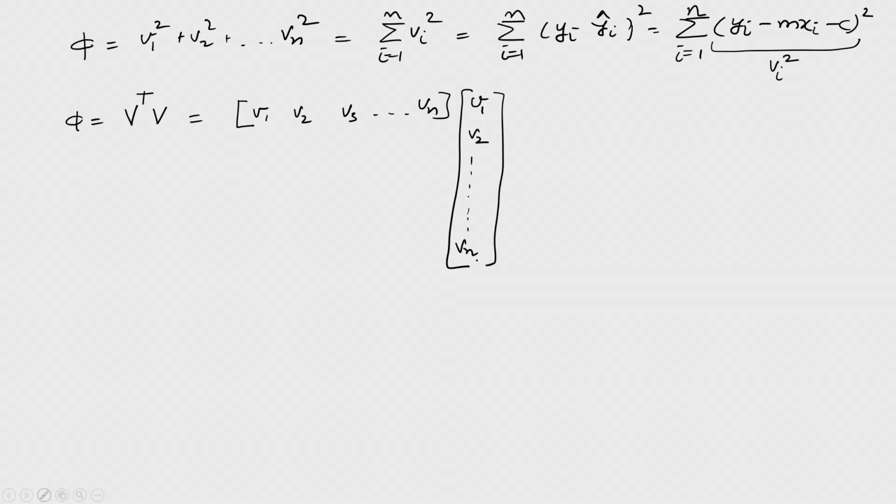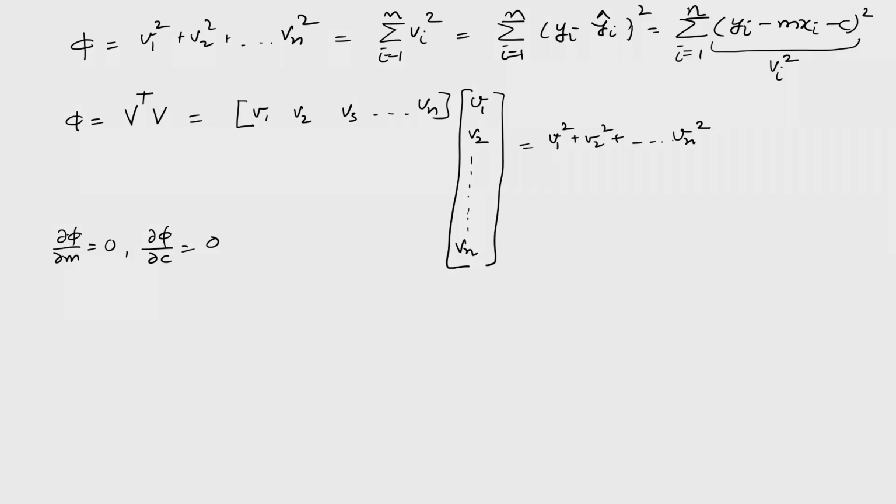So, if I multiply this, I will get the same thing here, V1 square plus V2 square plus Vn square. And now, using the same principle of least square that we learned in basic surveying, I can write the equations, and we find out equations,